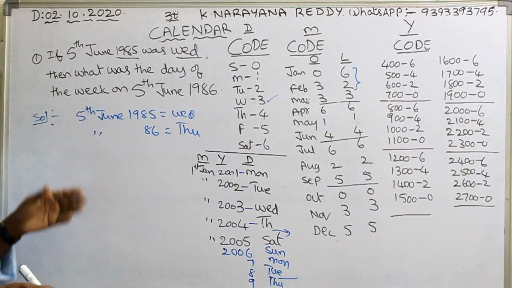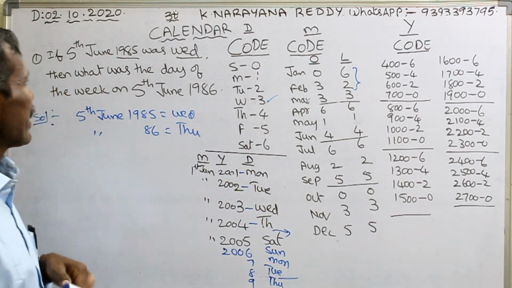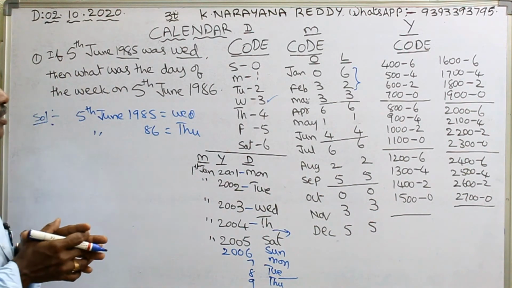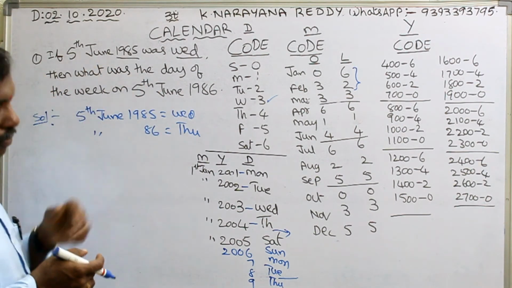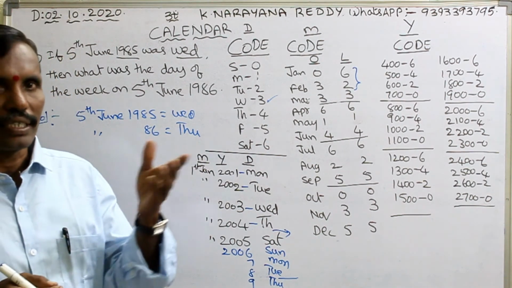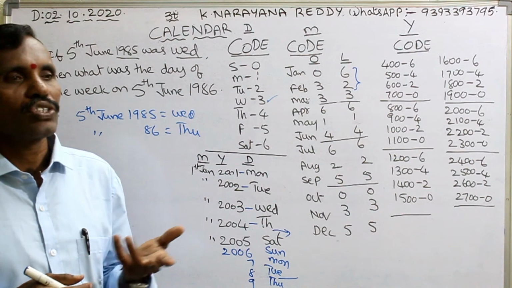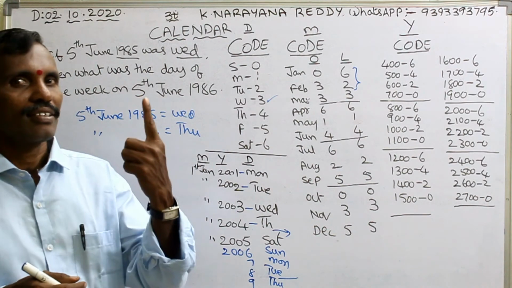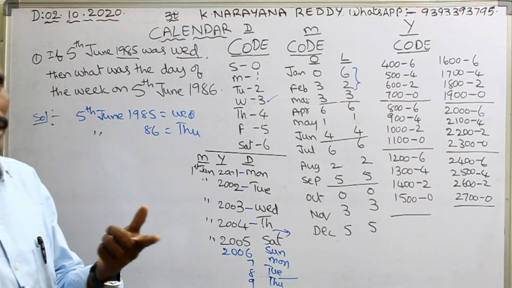But please practice this problem. Same. What is the ordinary method, the normal method? By taking odd days. Add all the odd days. How many odd days are there from 5th June to 5th June 1986? For example, January contains 3 odd days, February contains 0 odd days if it is an ordinary year. If it is a leap year, it contains 1 odd day, because 29 by 7 gives 28 and 1 is the remainder. That is why 1 odd day. If this is an ordinary year, it gets 0 odd days. Why? Because 28 by 7 gives remainder 0. That's why 0 odd days.